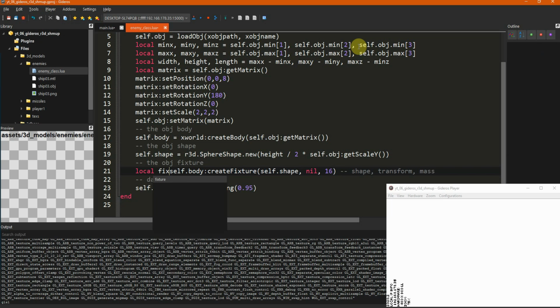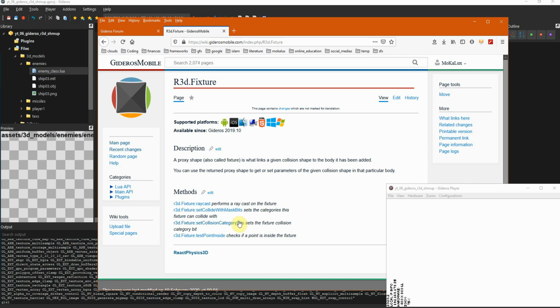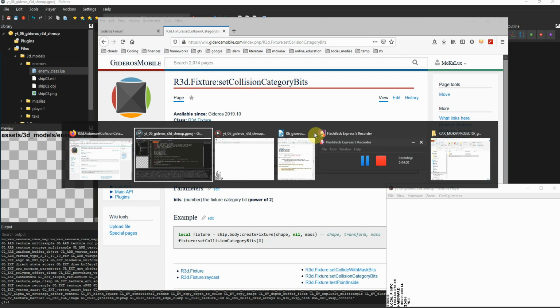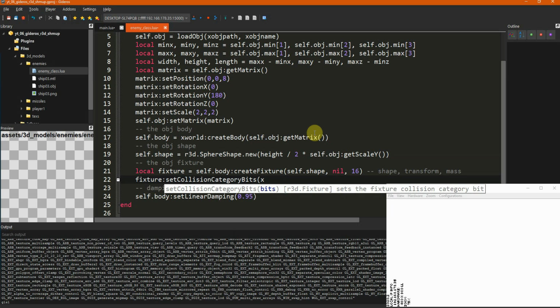So let's call it fixture equals self.body create fixture, and now I can apply fixture set collision category bits. I think that's this function. Set collision category bit, and we pass the x bit.